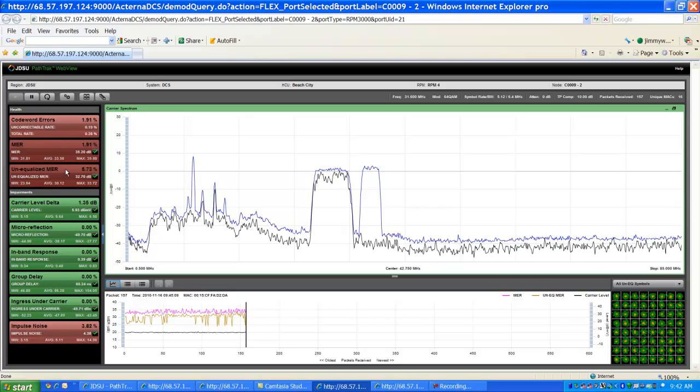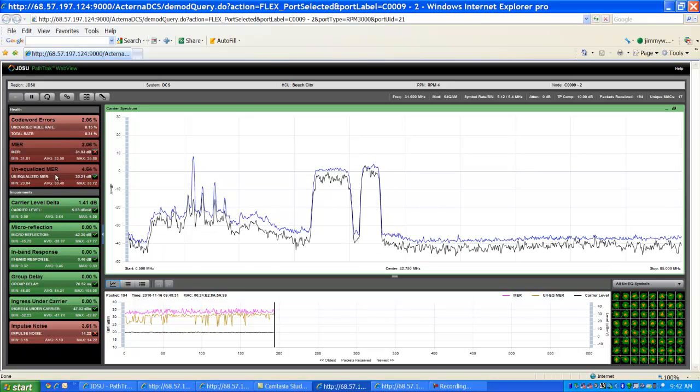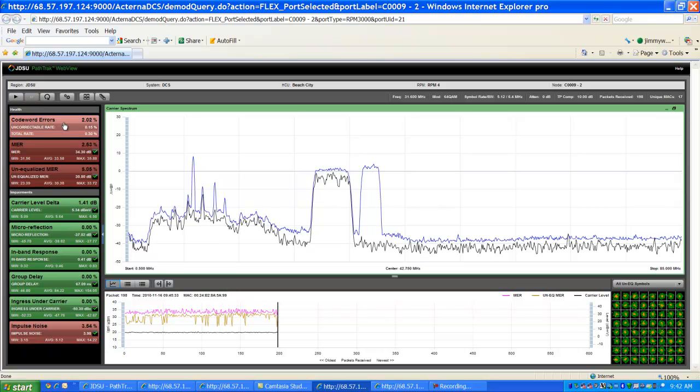The top three boxes are here primarily to tell you if you have a problem on a node. Do I have a problem with codeword error, equalized MER, or unequalized MER? If you do, then the bottom 6 buttons tell you what type of impairment is likely the cause of this health metric issue that you have on your node. So in this specific example, the buttons up here in the node health section are red, saying yes, I definitely do have a codeword error problem as well as some MER problems. Based on looking at the bottom 6 buttons, it appears that impulse noise is the cause of our codeword error